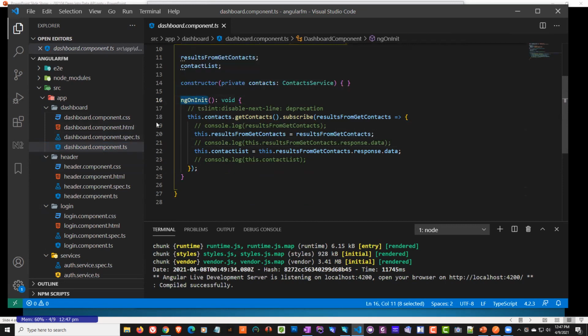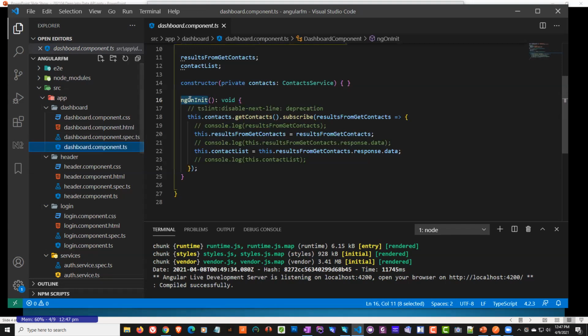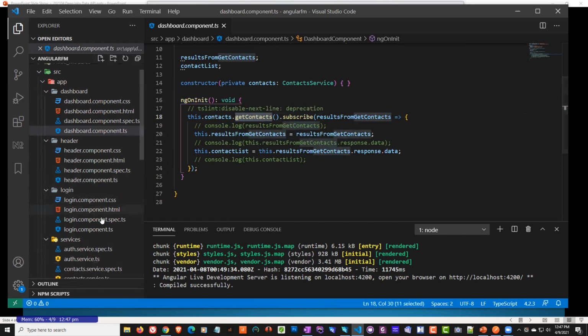So anytime that our HTML gets loaded, this is going to run. And so what is running actually? Well, what I have here is this script right here, get contacts, and it's being called from another location. And that's all that this means here. But my get contacts script, if we look at that,